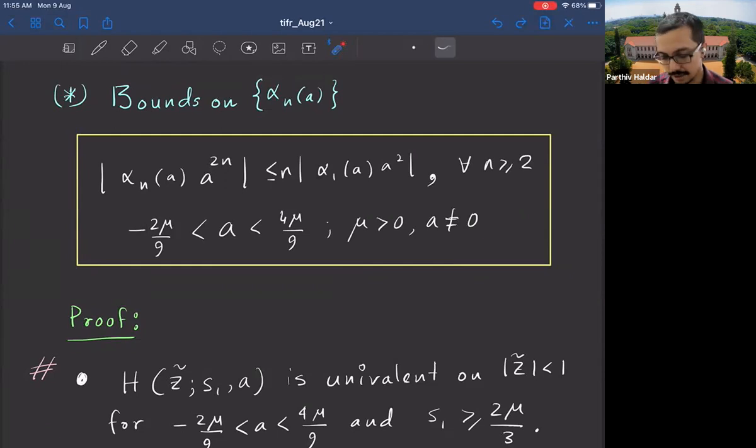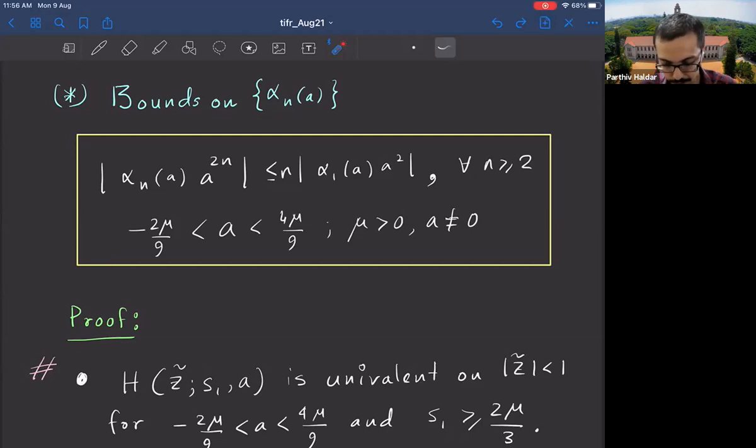Yes. Essentially this range comes from the fact that, as I told, when you do that map from s1, s2 to z, when A is in this range, there is no cut within the unit disk. So the physical cuts do not map within the unit disk. If A is outside this range, it so happens that the physical cut will map along the real z within the unit disk. Now, if that happens, then you essentially have to cut out that cut, and you are not going to be able to apply these theorems.